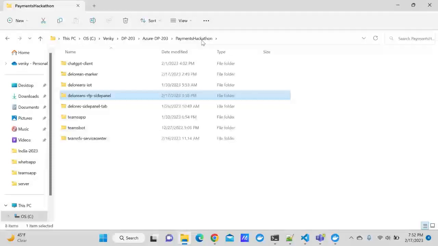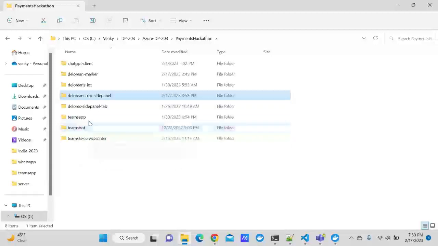So as you can see, we added a lot more projects now, or directories, in the Git repository. And when you see the Git repository, the Teams app is the client-side application that we can use on the client side. Ideally, this would be put into a public Teams app store, and then people can use it and implement that into their teams as we have meetings. So this Teams FX Service Center is the Service Center module. The Service Center staff will actually use that, and of course the Teams FX Service Center has its own bots,